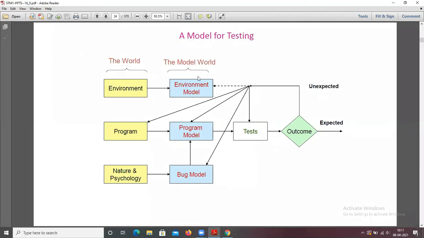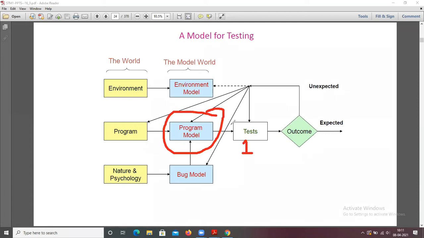So this is the diagrammatic representation of the model for testing, how you are going to model the testing. This is the program model. Now this program you are going to test. This is the test case.